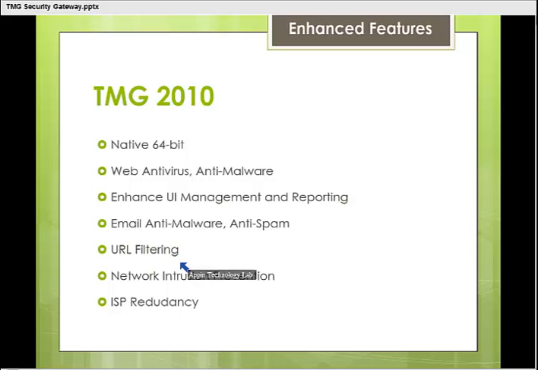You have URL filtering on the basis of content, nature and behavior of the incoming traffic, and a very fine security policy that came just with TMG 2010 and was not there with ISA